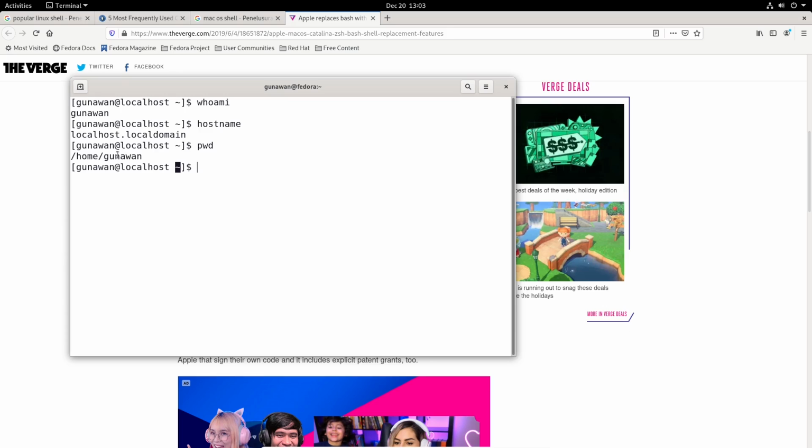I mean that I use Gunawan to log in, so when I see this symbol, I am in my own home folder.